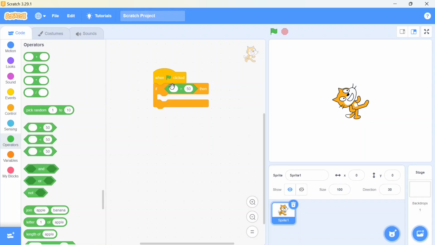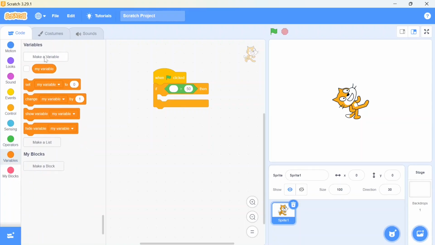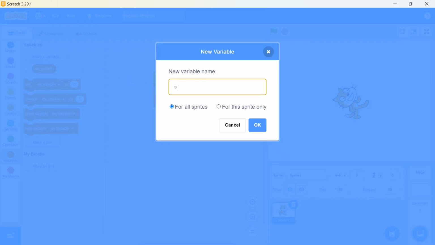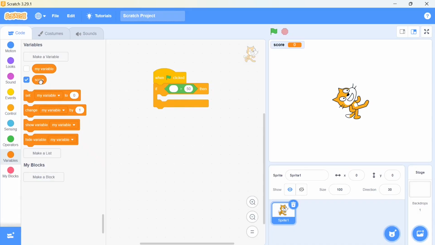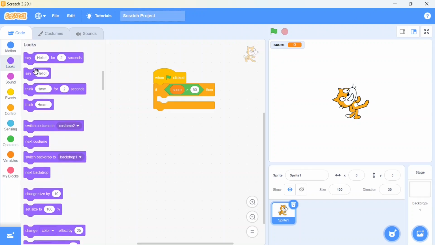Suppose I create one variable over here and name it score. Now I'll put the score over here. When the score is more than 50, then you can show something.